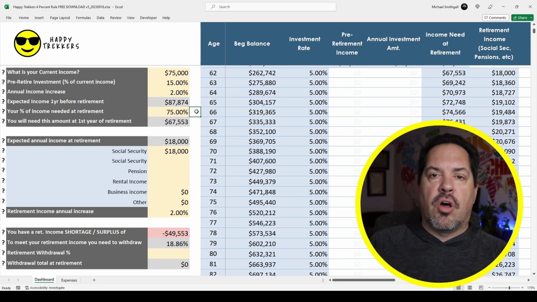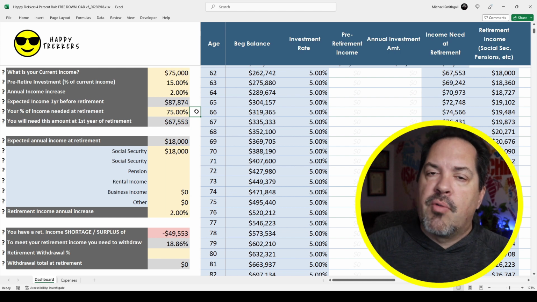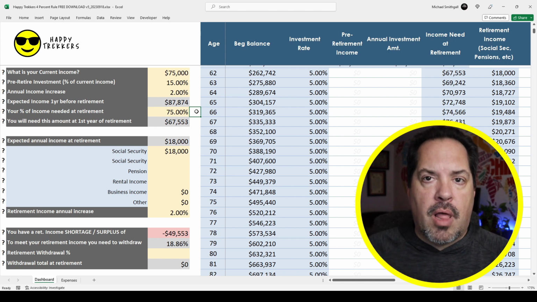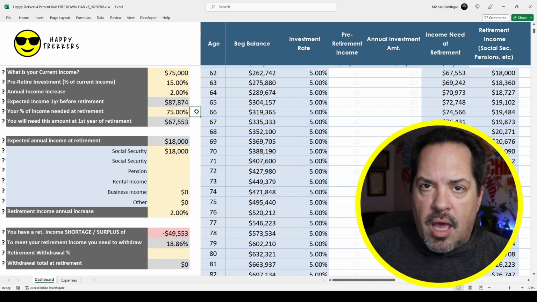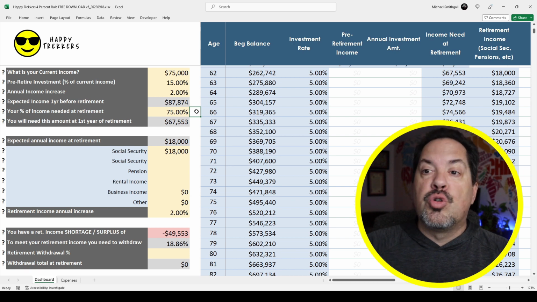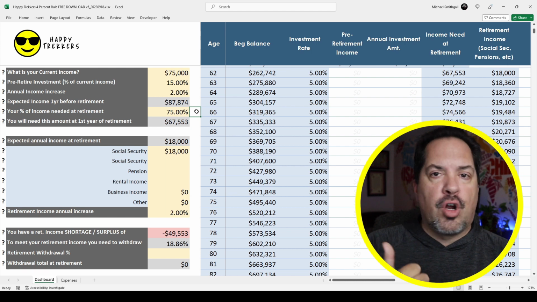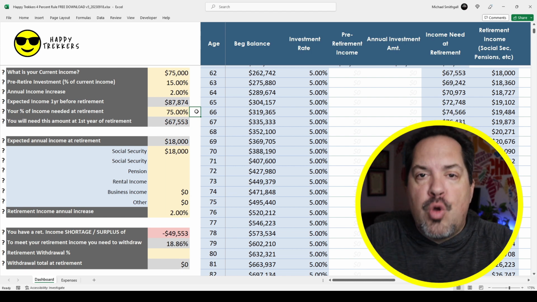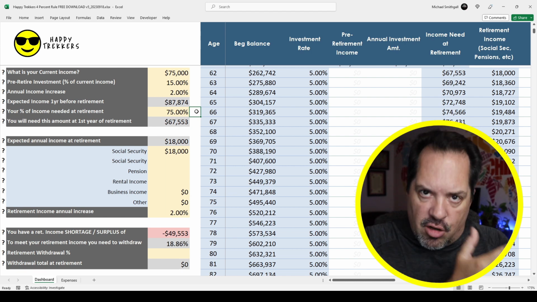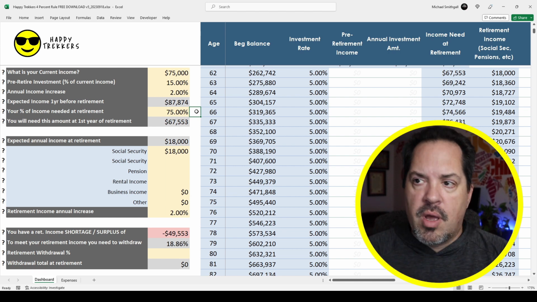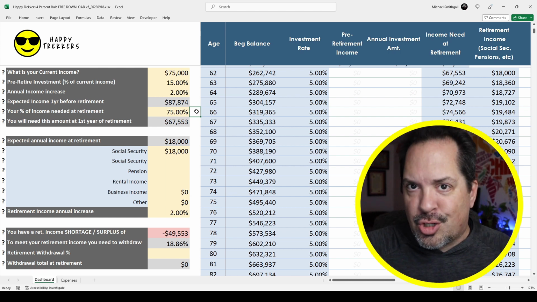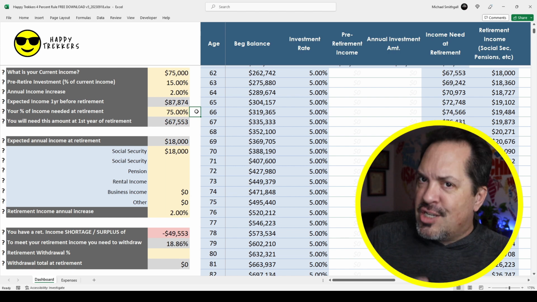They think, well, I won't need all that. Here's the problem. Retirement is a long timeline. You want to plan on the most expensive end, which is usually the first part, right? The day after you retire, you still have a car payment. If you had one yesterday, you have one tomorrow. If you had a house payment yesterday, you have one tomorrow. If you were eating food yesterday, you will eat food tomorrow. You see where I'm going with this?